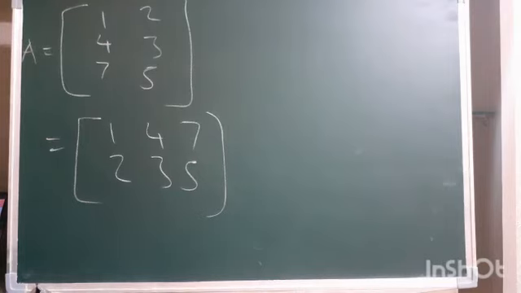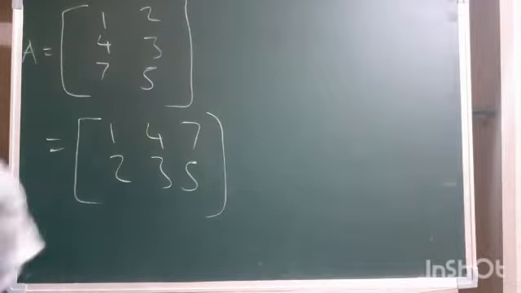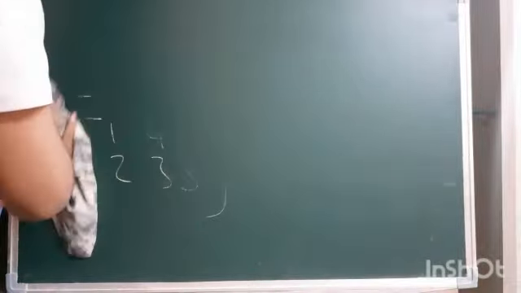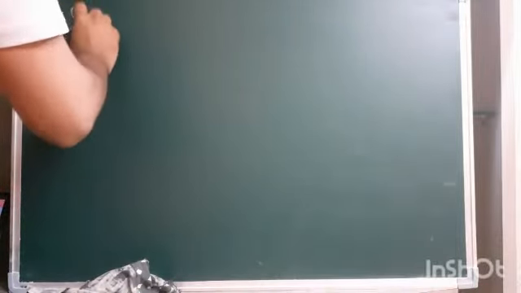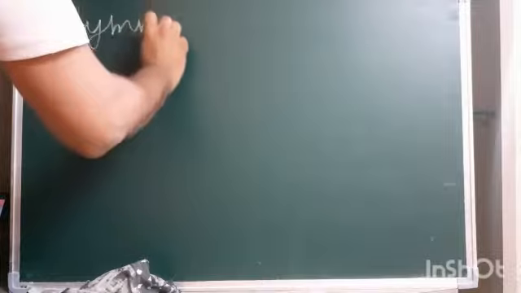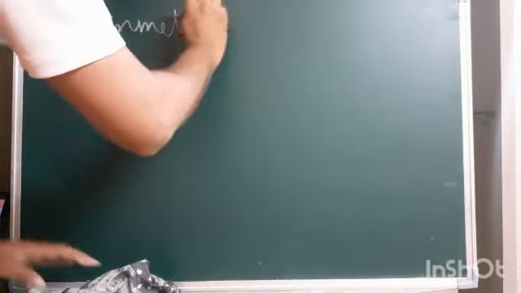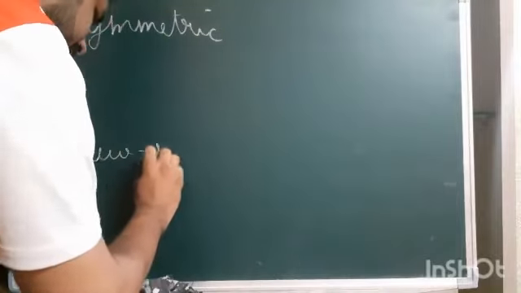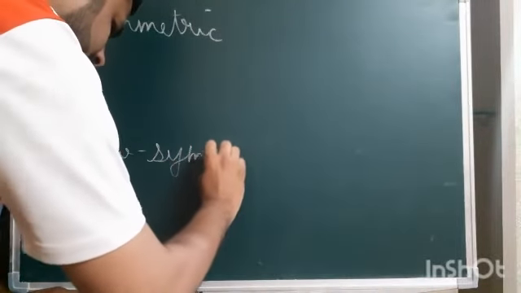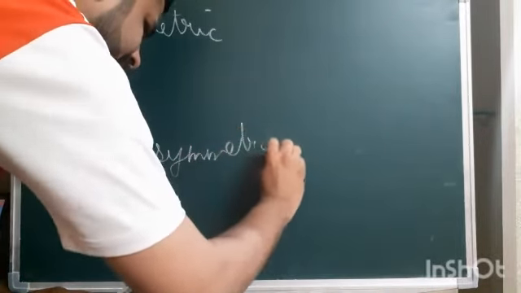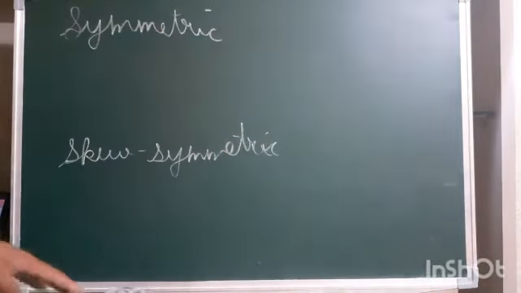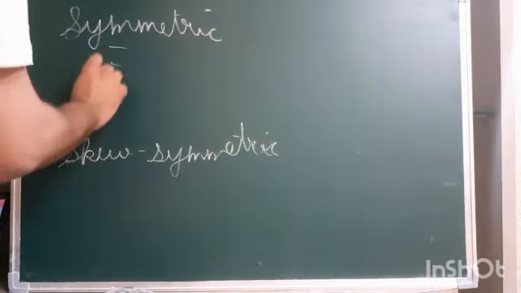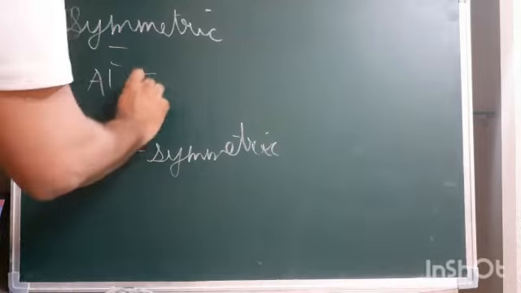And in transpose, we have two concepts, which are symmetric and skew symmetric. What are these? Symmetric is if A transpose is equal to